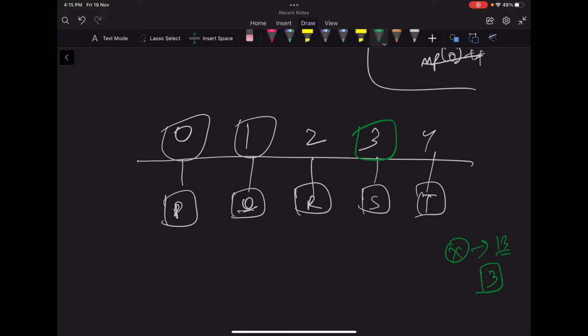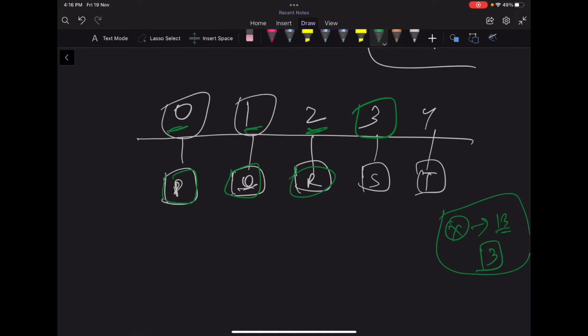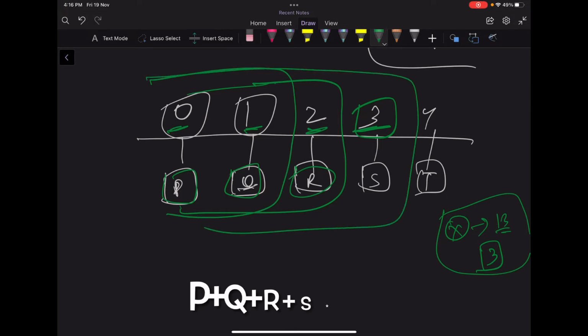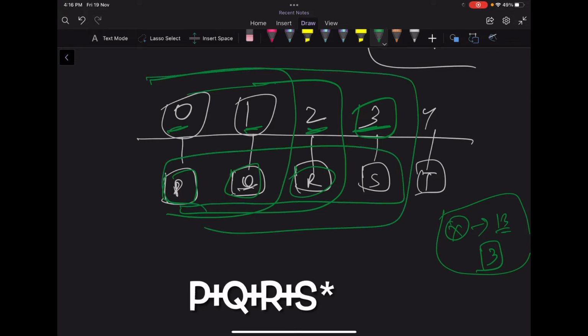And how will I find that? It's nothing but P plus Q plus R. These are the values, because 0, 1 and 2, these are the values which are less than 3, right? And P plus Q plus R is the count of those numbers whose product values are these, right? So instead of doing these calculations each particular round, I can just store the prefix sums of all these numbers. For example, the answer for 3 is sum till here. The answer for 2 is sum till here. The answer for 4 is sum till here. P plus Q plus R plus S will be the answer for 4, right?